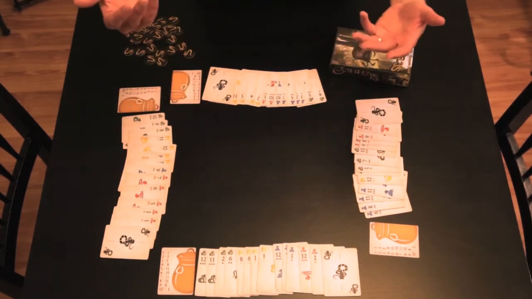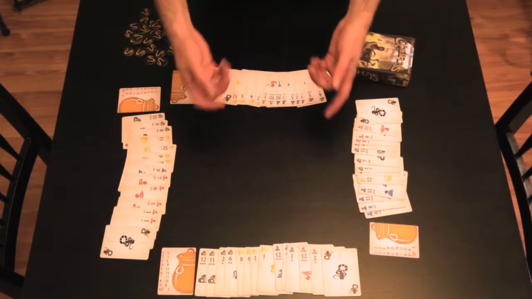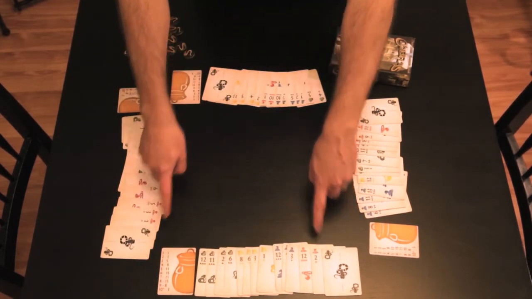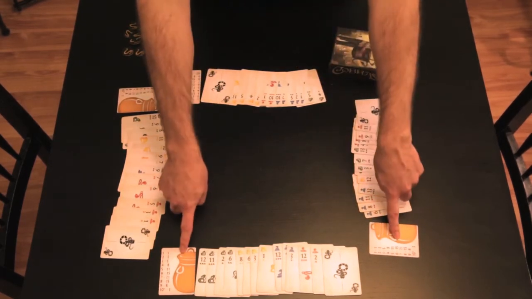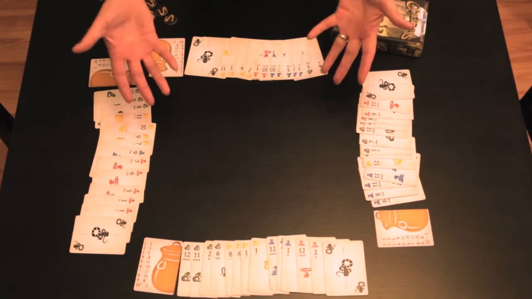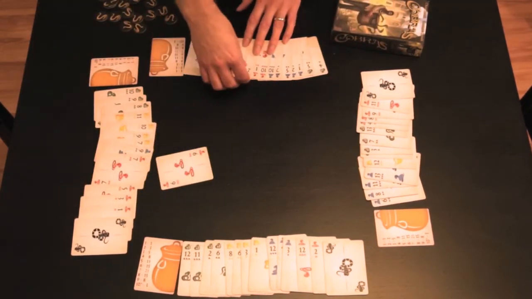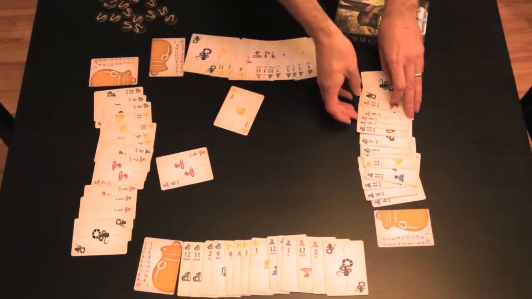If you are playing with 3 players, you'll have 1 card left over that you can just discard off to the side. Every player also receives one of these King Cobra cards and one of these basket cards. Before the first trick of the first round, each player is going to choose 1 card from their hand that they're going to convert into Cobras